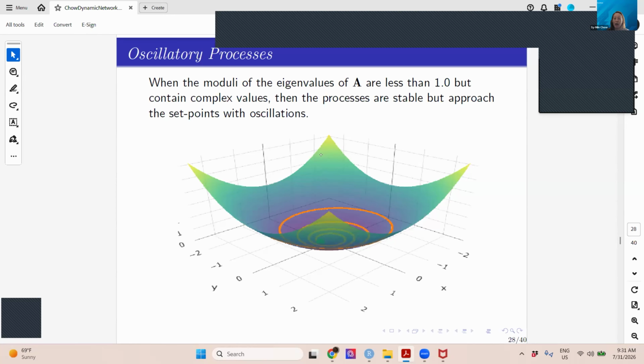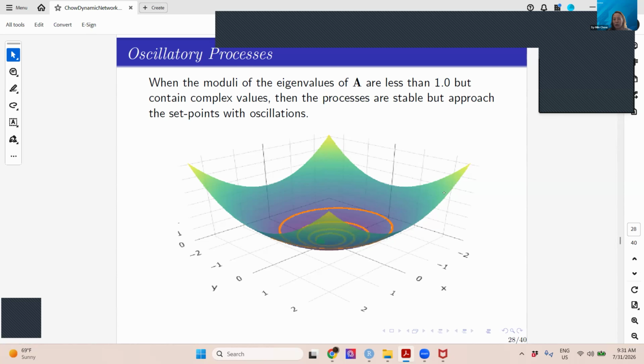So if you have a ball on this landscape, it will still roll down towards the set point or equilibrium at the bottom. But it does not do so in a monotonic fashion, not like exponential decay, going down in one direction, but rather the ball rolls around, spiraling downwards